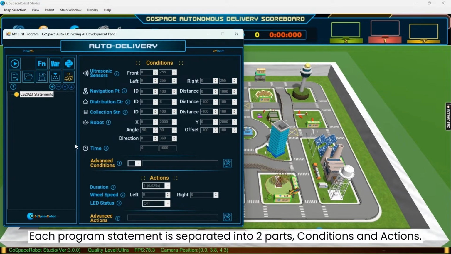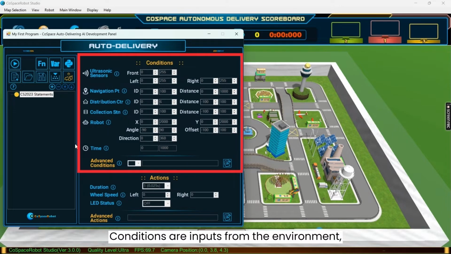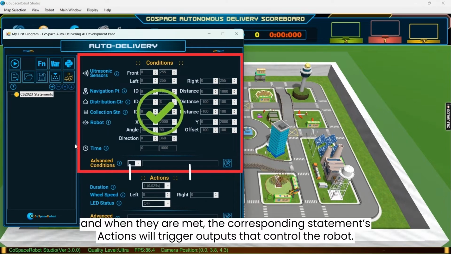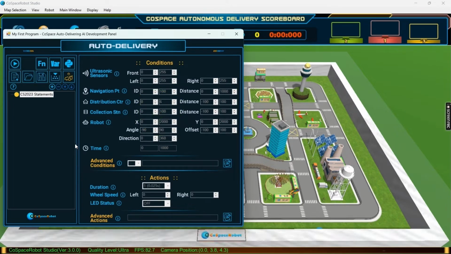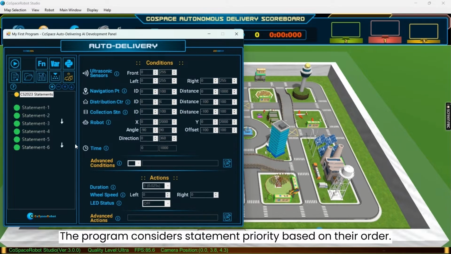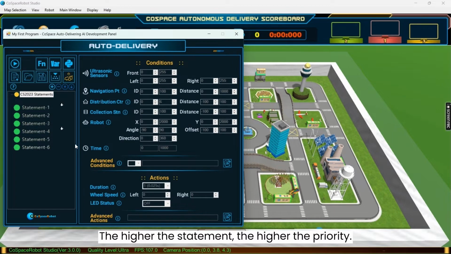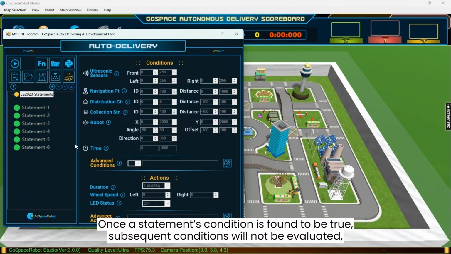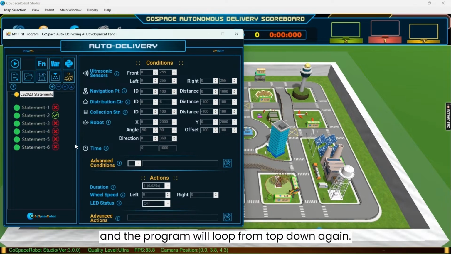Each program statement is separated into two parts: conditions and actions. Conditions are inputs from the environment, and when they are met, the corresponding statement's actions will trigger outputs that control the robot. The program considers statement priority based on their order. The higher the statement, the higher the priority. Once a statement's condition is found to be true, subsequent conditions will not be evaluated, and the program will loop